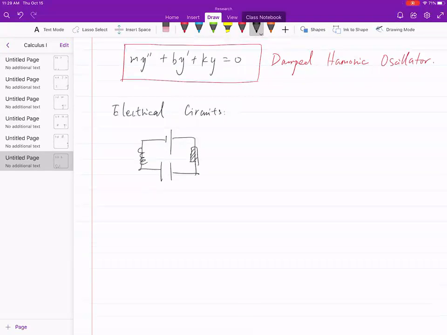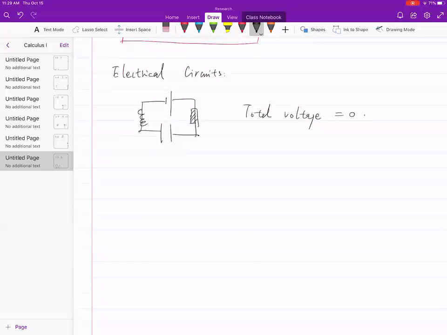the total voltage should equal 0. That means you don't have any potentials there. Gradually the whole potential just reduces to 0 in order to have a closed circuit. Sounds good? All right. Now you may have a lot of gadgets in this electrical circuit, but nonetheless there are only 3 categories. If you have multiple of one category, you can put them all together and consider them all together. They are called the resistor,